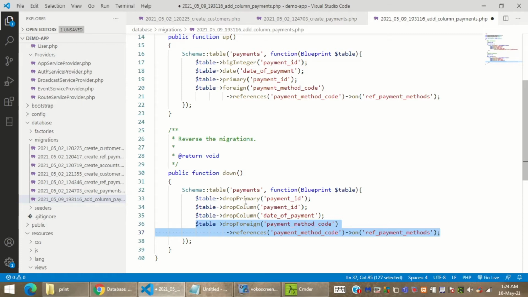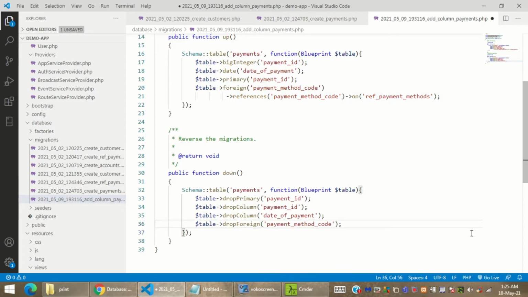So remember that for migrating, the up method is called, and for migrate rollback, the down method is called. So if you roll back, it should also delete all the columns that we have created. Vice versa, it should be there. Oh, so now let's take one step forward. I'm just going to remove this thing, semicolon it up.